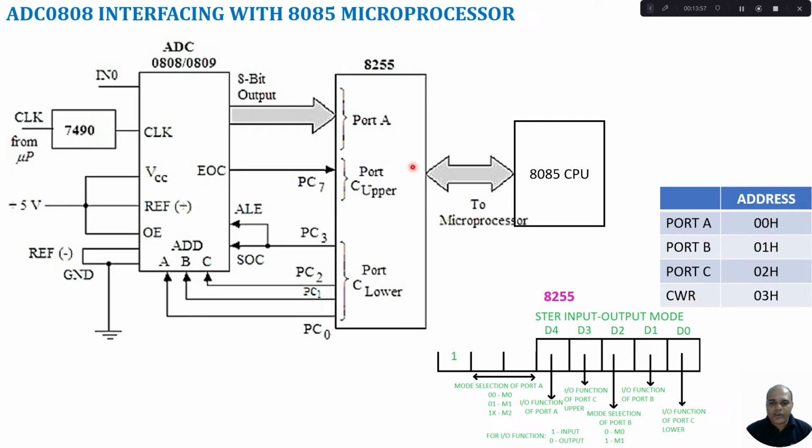In order for this data to be read, first what it will do, the CPU will send the data through this port C lower. So the address lines PC0, PC1, PC2 should be 000, so that IN0 will be selected, and also it will enable this start the conversion process. After completion of the conversion, end of conversion will be indicated, and it will be read by the CPU through port C upper. So upon receiving this signal, the CPU will try to read the port A data, which is the converted result. So let us try to see